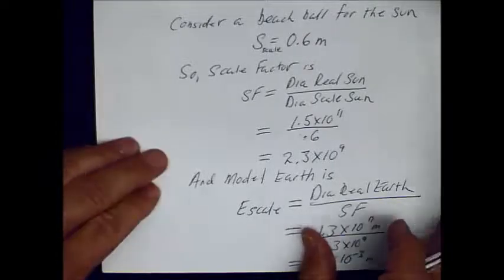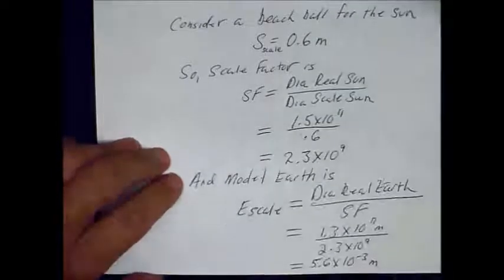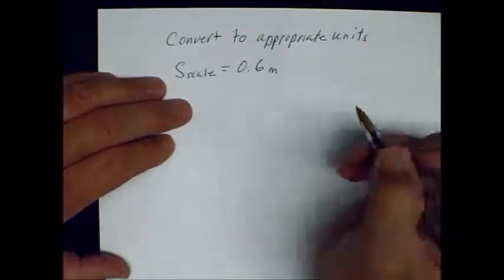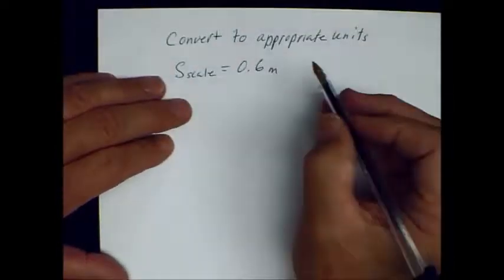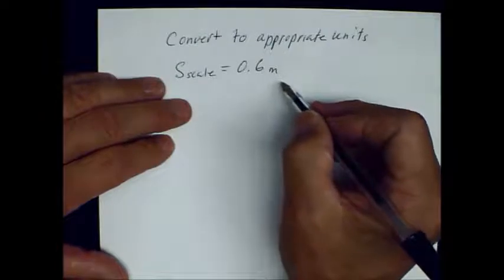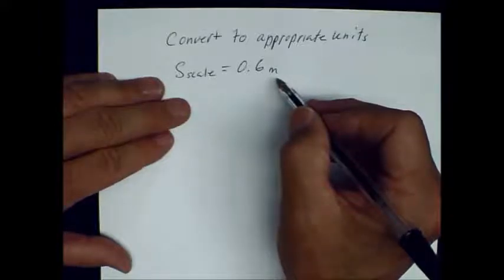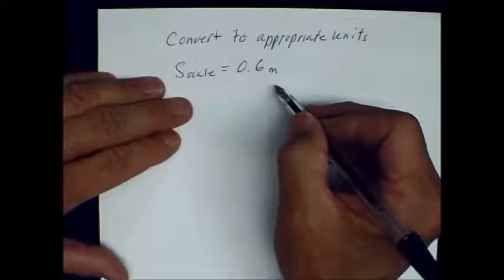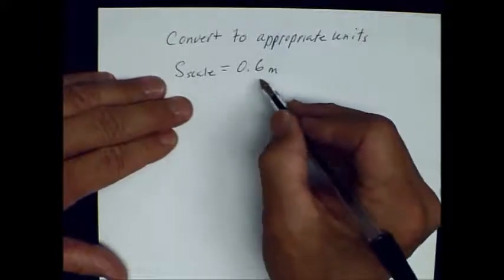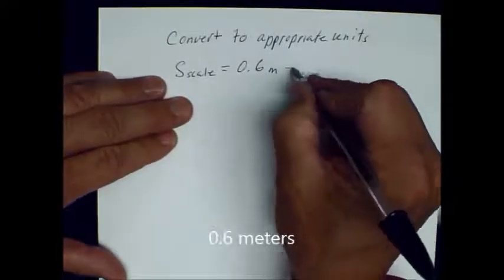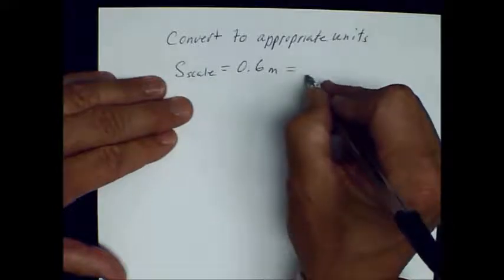All right, so we're going to need to flip our page over to do that. Okay, we're going to convert to appropriate units. And you could argue with me whether 0.6 meters is an appropriate unit or not. But I'm going to say, hey, if it's less than a meter, then I want to see it in centimeters. And if it's less than a centimeter, I want to see it in millimeters. So with the scale model of the sun being 0.6 meters, I want to know what that is equal to